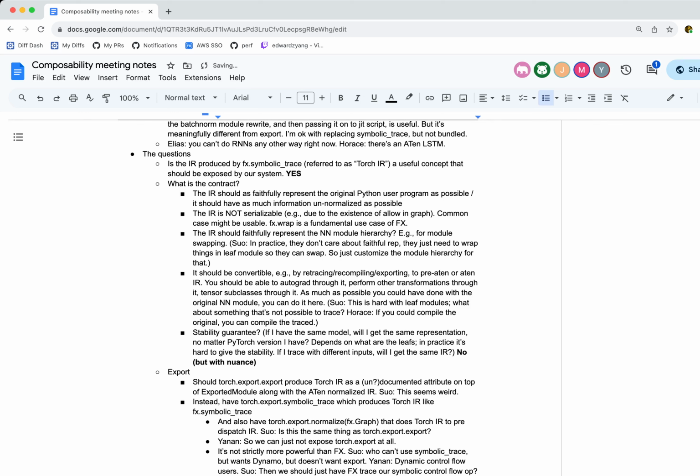But yeah, I think that's fine if they're programs that FX symbolic trace. There are programs that don't FX symbolic trace that Dynamo does. Yeah, but I mean, there's both of the other. Like, I don't think it's a clear win actually. Yeah. So